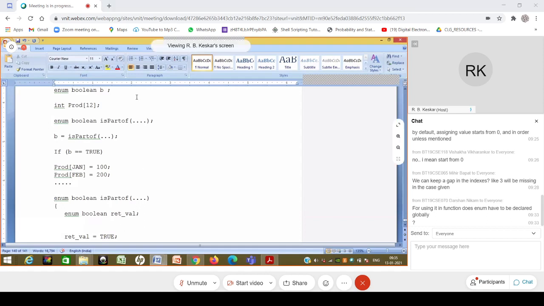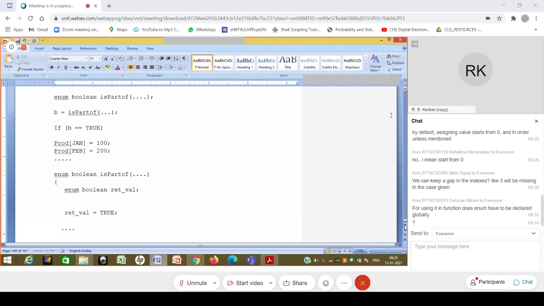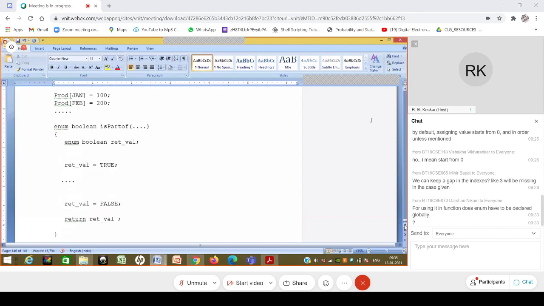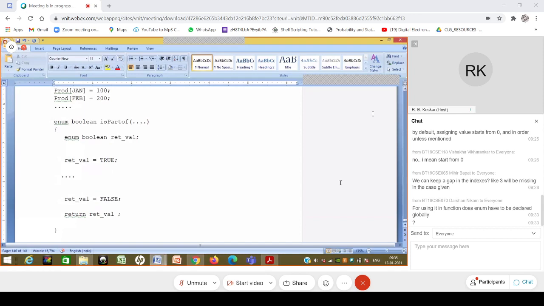But if you assign some other integer, the classic C compiler will still take it. So it is the programmer's responsibility to use the values appropriately. The C++ compiler will catch it. But if you follow all the rules properly, then this is a very beautiful way of doing programming, because in that case the meanings are pretty clear.